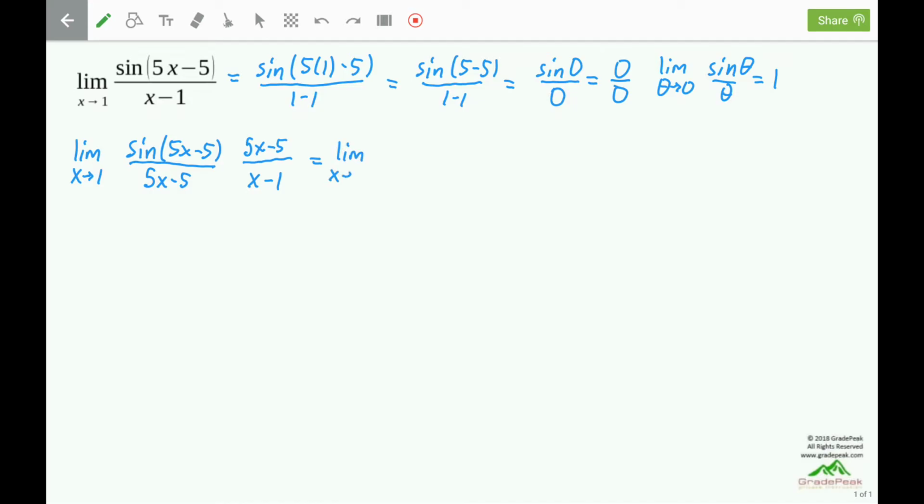We now have the limit as x goes to 1 of the sine of 5x minus 5 over 5x minus 5. There's the matched phase in the other position. The second fraction, I'm going to factor a 5 out, leaving us with an x minus 1. And the x minus 1's can cancel, and it will just be a 5. This first fraction is the perfect form with the matched phase, both of them going to 0, so it's going to equal 1. And we have a 1 times a 5, which is